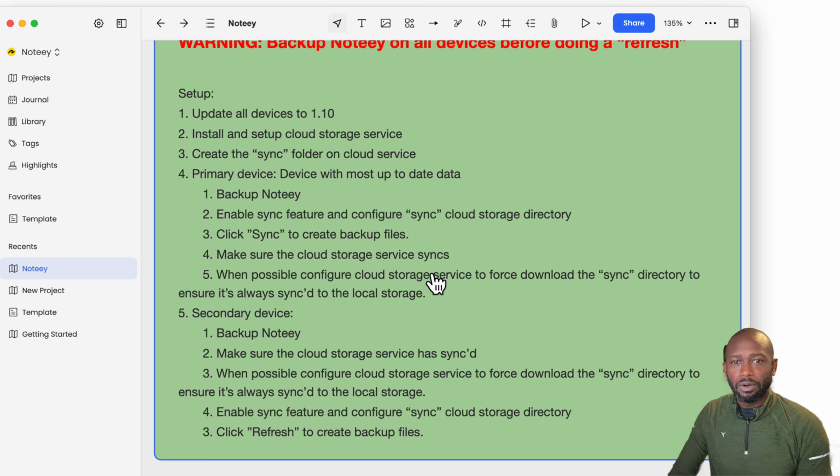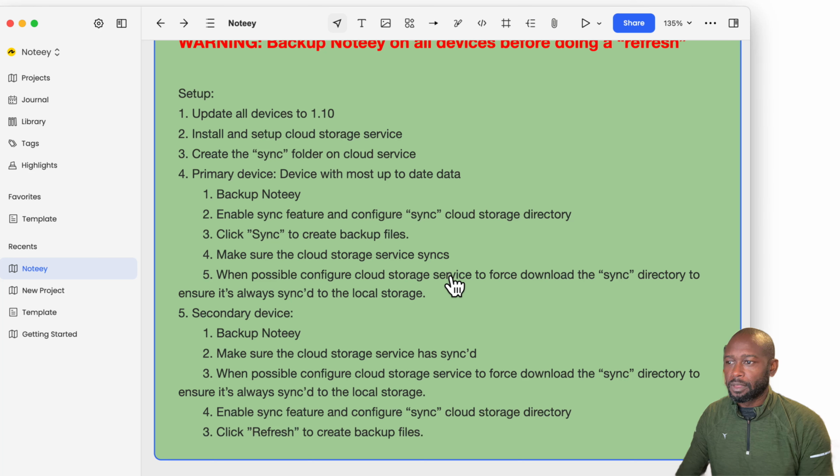Make sure you do this on all the other devices that you have as well. So as part of this step, force the download of that particular folder to that local machine so that anything you drop in it, it will get synced and it'll always be local on that machine and up to date. In most cases, as soon as possible, depending on your